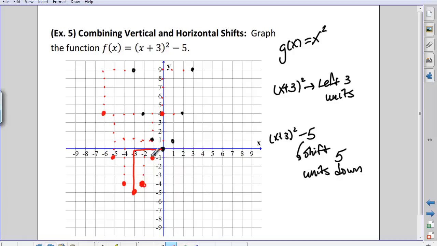But if you'll notice, here's my new points. Let me do these in maybe a different color. Okay. And there's my new shape. My new parabola shifted to the left 3 and down 5. Again, compare that to the original one right here. So you can combine